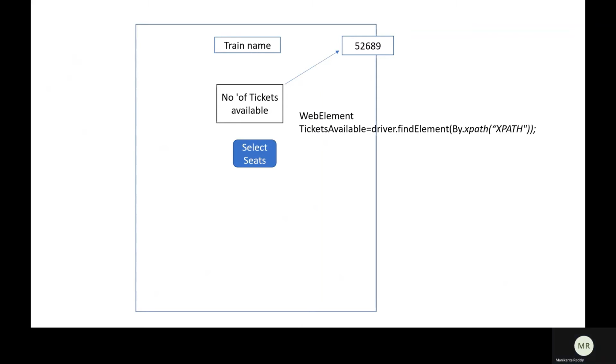Once this operation is completed, like the web element is captured by using driver.findElement, and if the Ajax call occurs on that particular element, here the number of tickets available element, then this element is going to get refreshed.